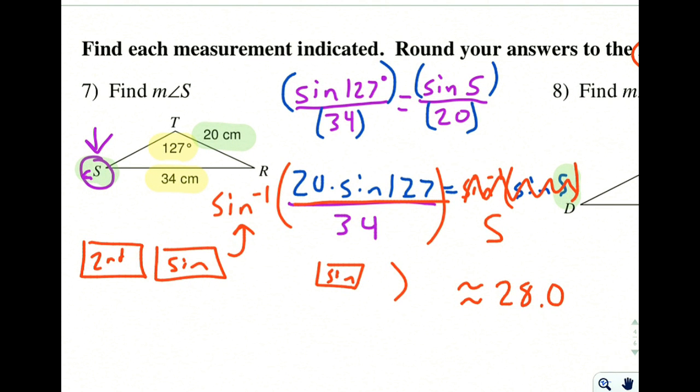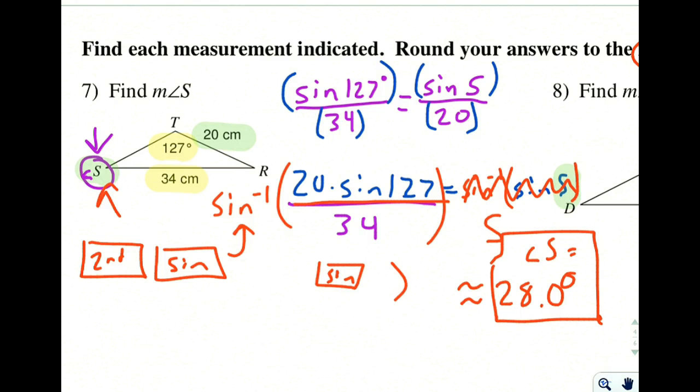And now we need to think of what our units are. We were finding an angle. We are finding angle S. So our units on this is going to be the measure of the angles, which is in degrees. So our answer for angle S is